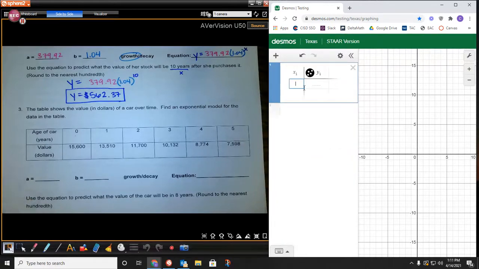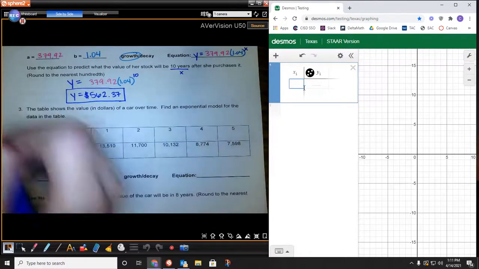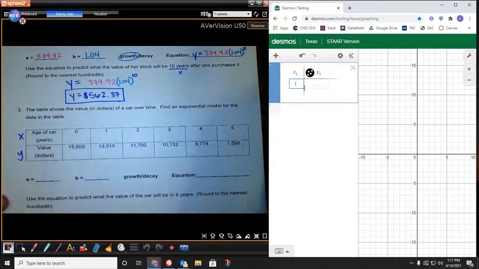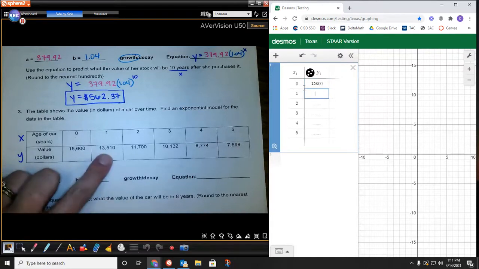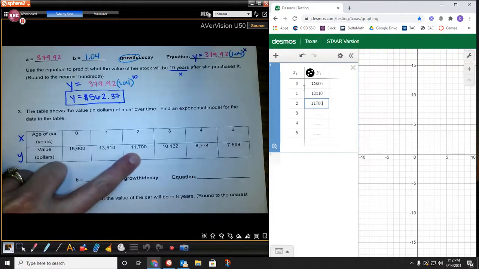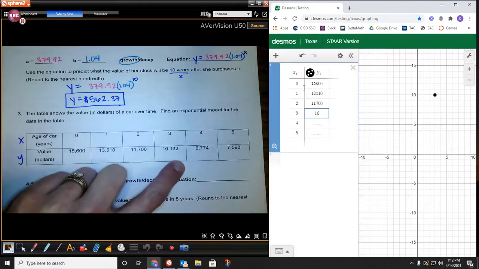And in my table, I'm going to add my x values, which is the age of the car, and the y values, which is the value of the car. So we got 0, 1, 2, 3, 4, and 5. Then we go up here, and we do 15,600, and then 13,510, and then 11,700, and then 10,132. 8,774, and let's see here,